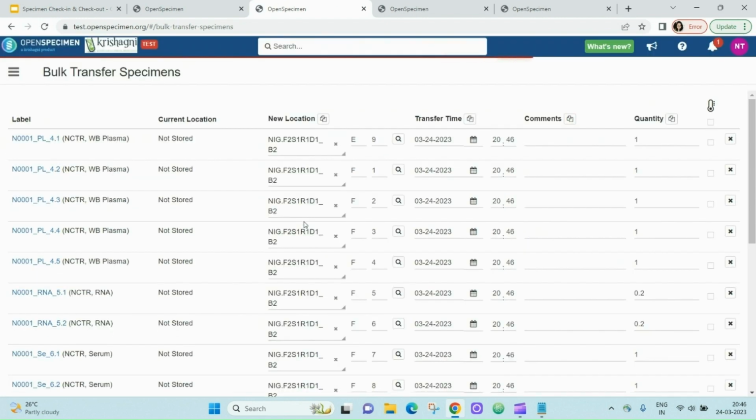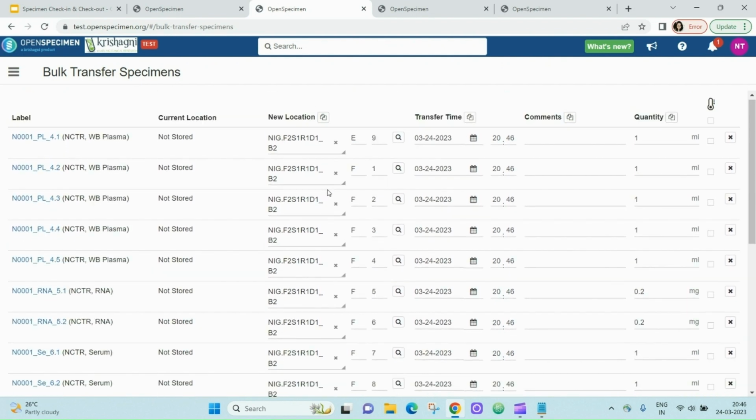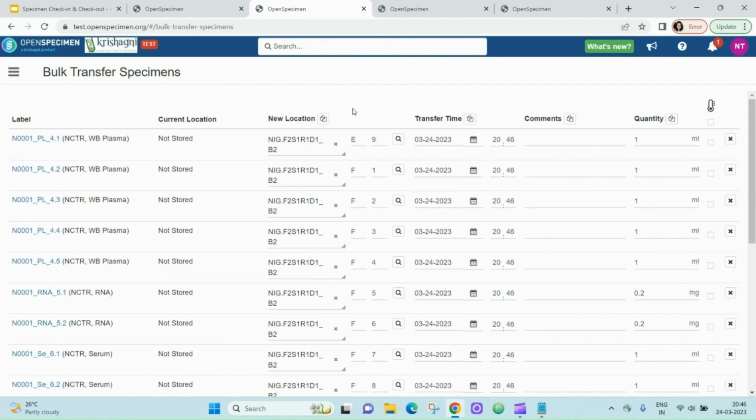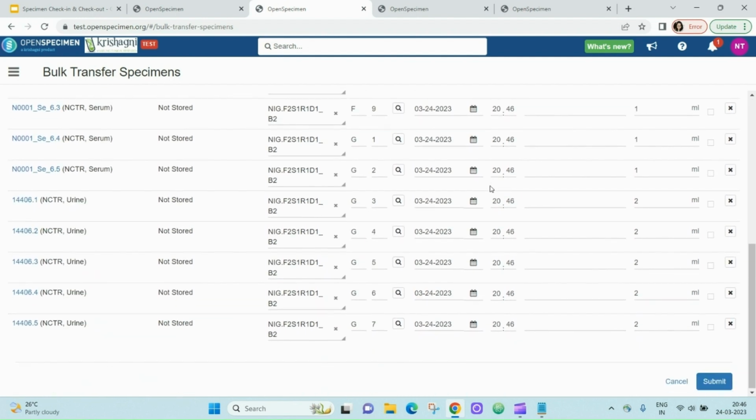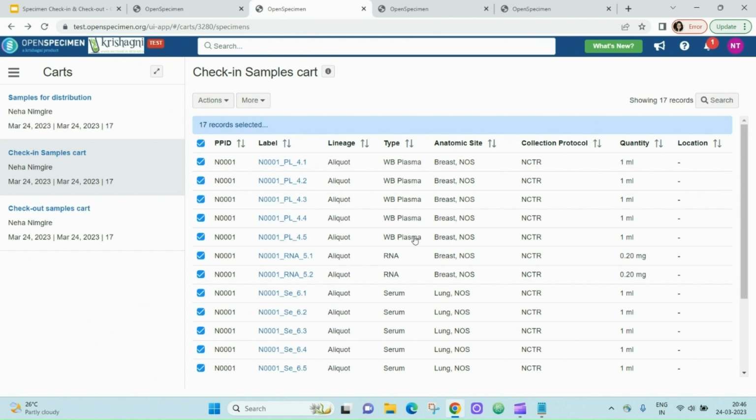Using this, whatever location the sample was previously stored in will be automatically populated. So the user has a choice whether he wants to check in the samples at the same location or change the location of that sample. I don't want to change the location, hence I will just click on submit